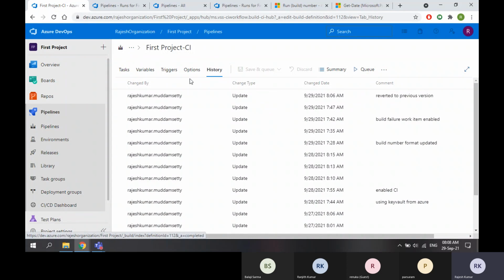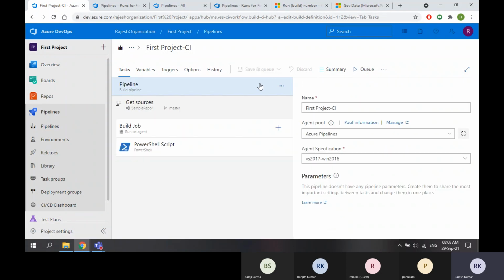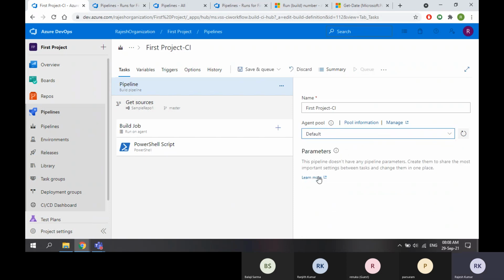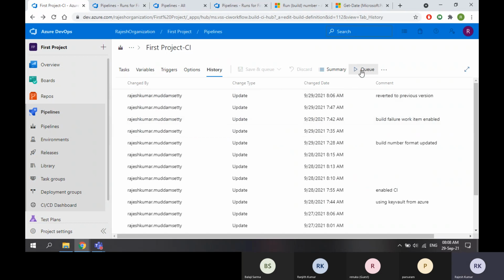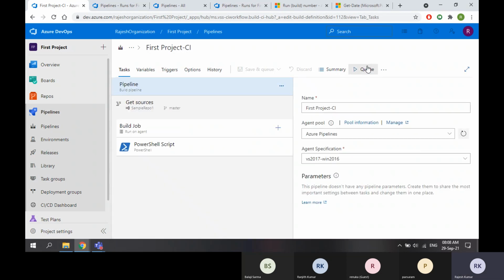Then queue, you already know. So here in this button, let's say if I go for hosted, either you save, save as a draft, or save and queue. If you only go for save, you will get this queue button. Now I am going back. Yeah, so it's already saved. That's why I got this queue button. Queue button means you even see the play symbol. When you want to run, you can go for run. Okay, so these are all the options.